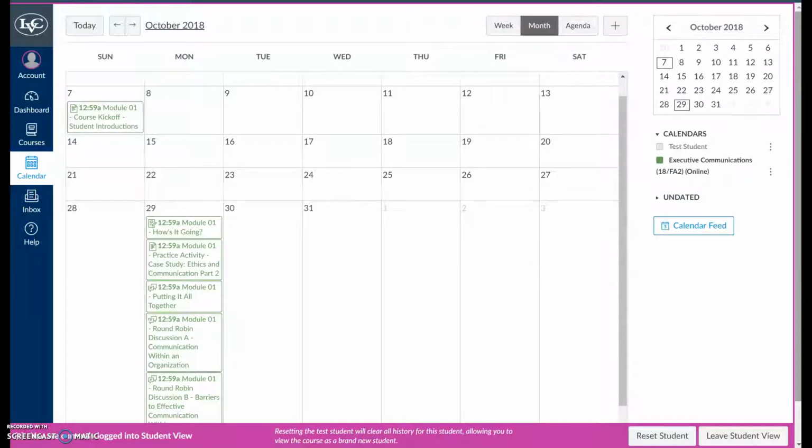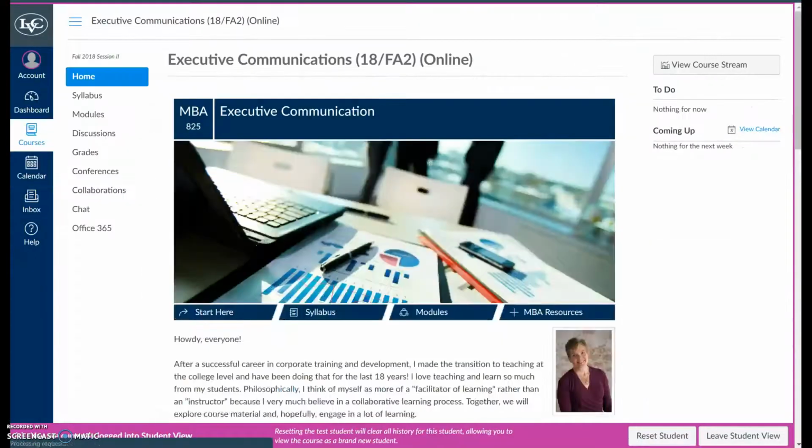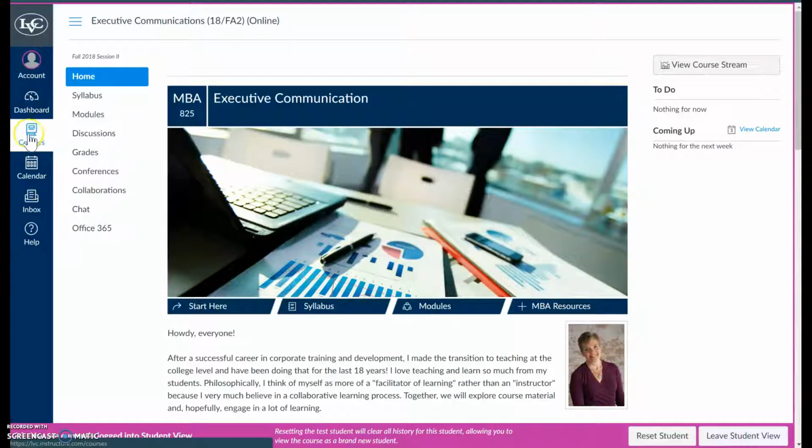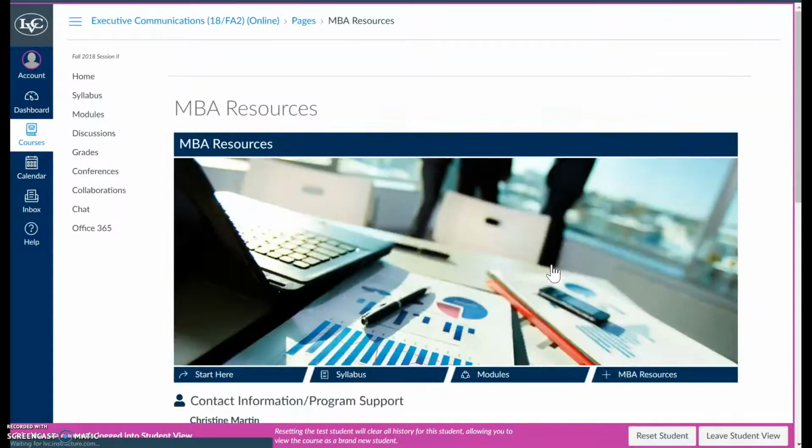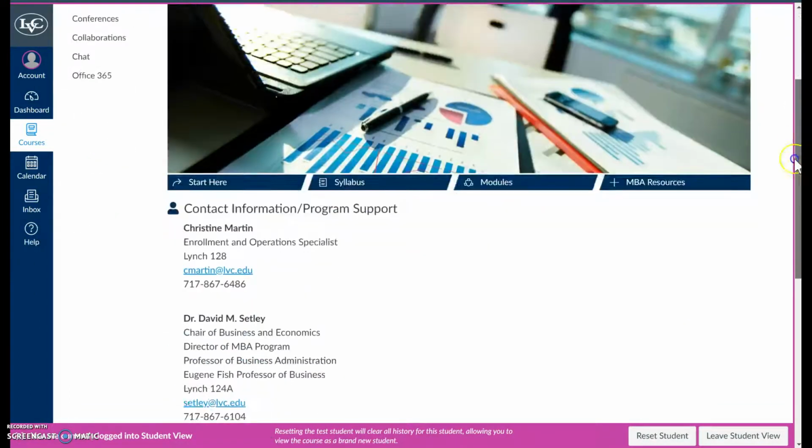I hate to say that because I love Canvas, but it's a little bit of a flaw that you then have to use the back button, which is what I typically use, but you can also go into courses and select the courses. So we're back here at this landing page. You can go into the modules here, which we're going to go into in a minute, or there's also a number of resources if you're not sure about things